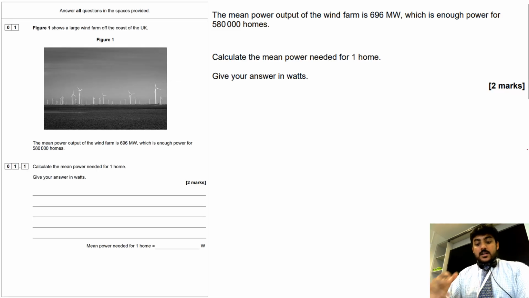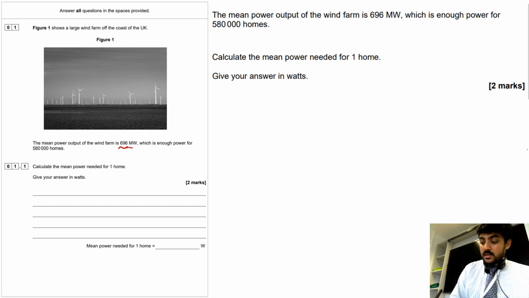Okay, so this paper starts with a question about wind farms. It says, Figure 1 shows a large wind farm off the coast of the UK. Now we've got about 13 wind farms off the coast of the UK. Offshore wind farms are out at sea, away from the coast. The nearest one we have is Barrow-in-Furness, and then there's another one in Liverpool, both of which have about 30 wind turbines each. It says the mean power output of the wind farm is